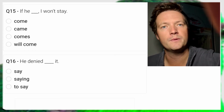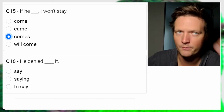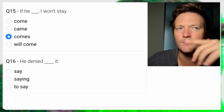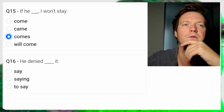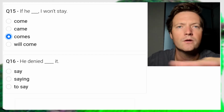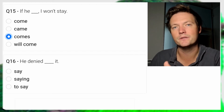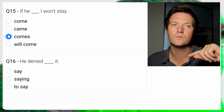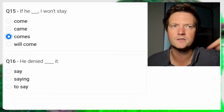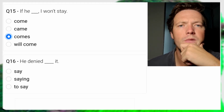And it does confuse people sometimes because, not so much with if, but in Romance languages again, in similar sentences, you might use a subjunctive tense there. So they think, what is it? Is it will? Is it came? No. It's a present simple statement. If this happens, this is what I will do, right? This will be the consequence. So yeah. 16. He denied...